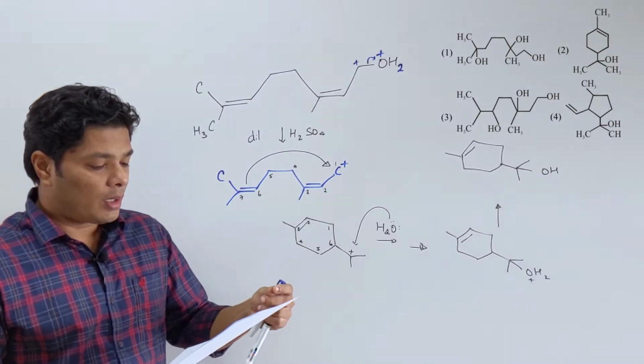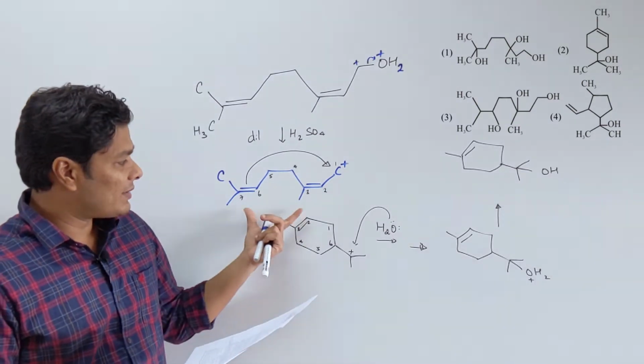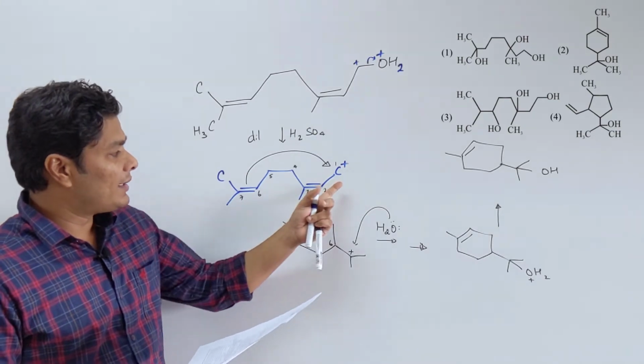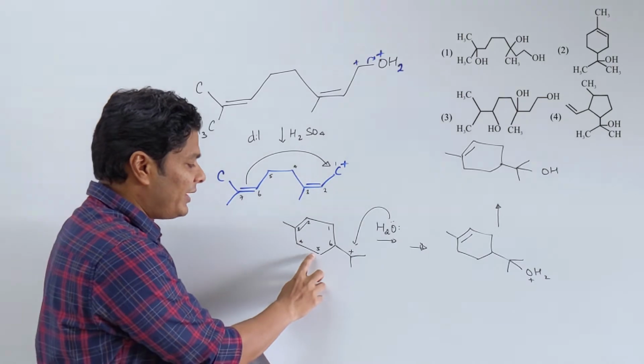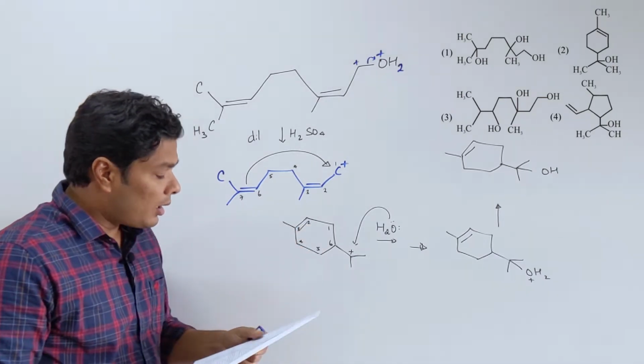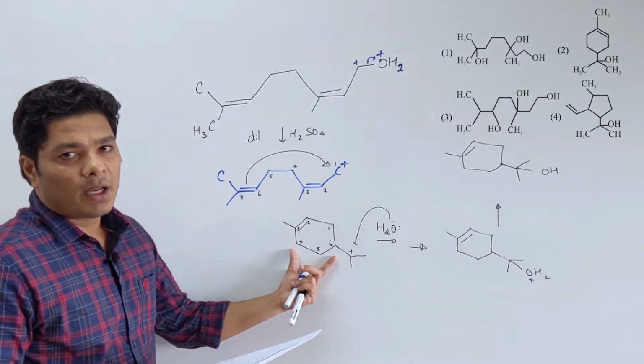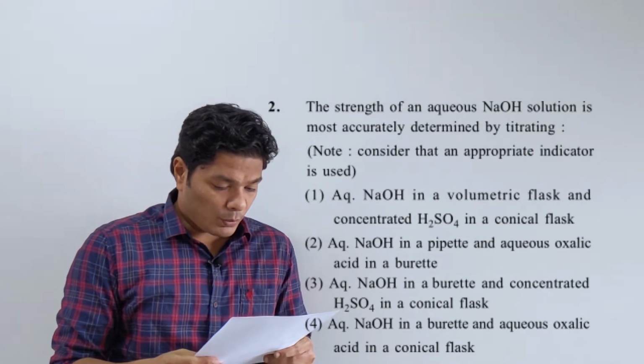Option 1 and 3 are wrong. Between 2 and 4, okay, it's a cyclic mechanism. I write my carbocation and then I look into this. Again, this is not IUPAC numbering. This is just for convenience to know what number of carbons are going to be present in the ring I get.